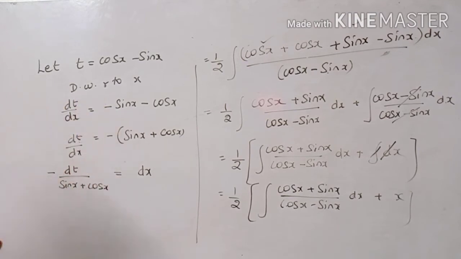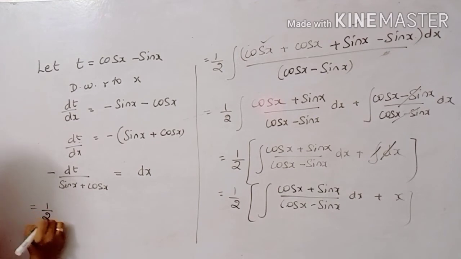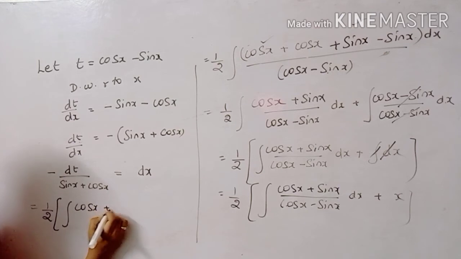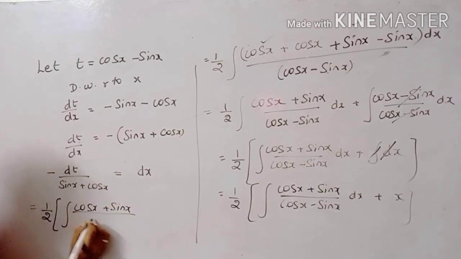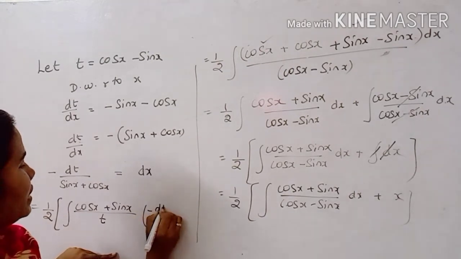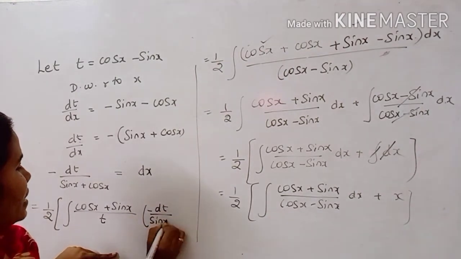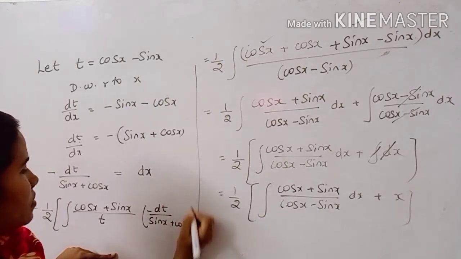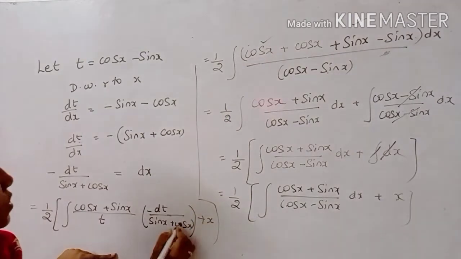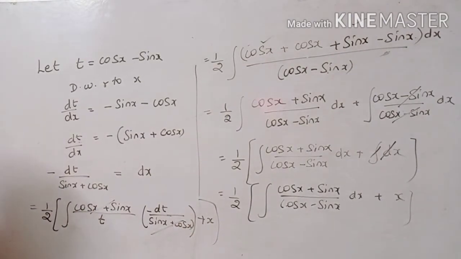So now let us substitute in this part. So this is equal to 1 by 2 integral cos x plus sin x divided by t, dx value is minus dt divided by sin x plus cos x plus x. So sin x plus cos x will get cancelled and we are left with 1 by 2 integral t. So இப்போ இதில